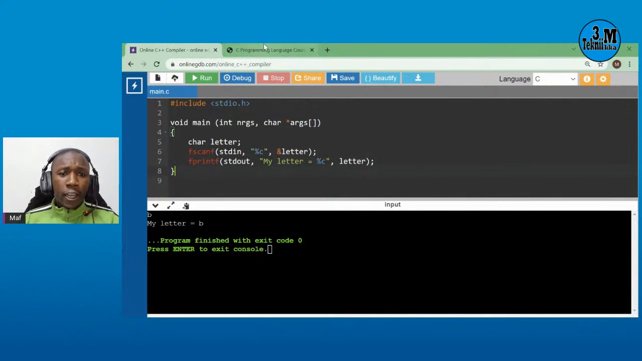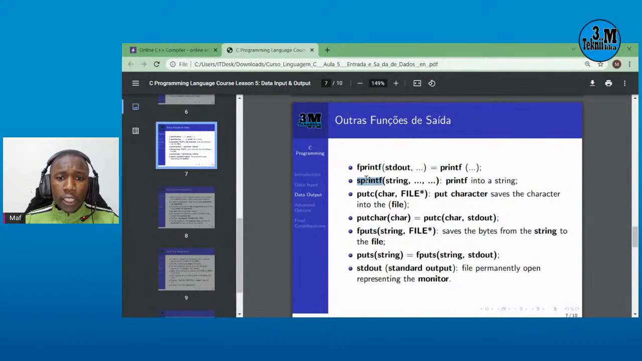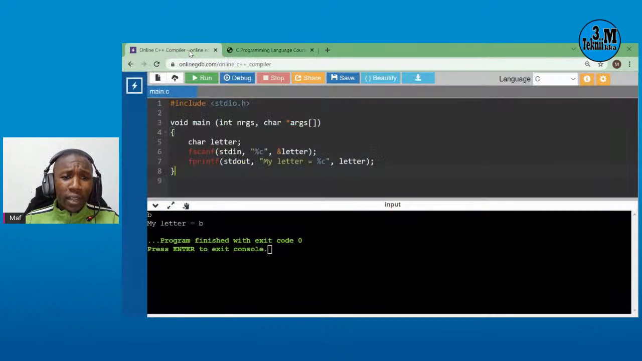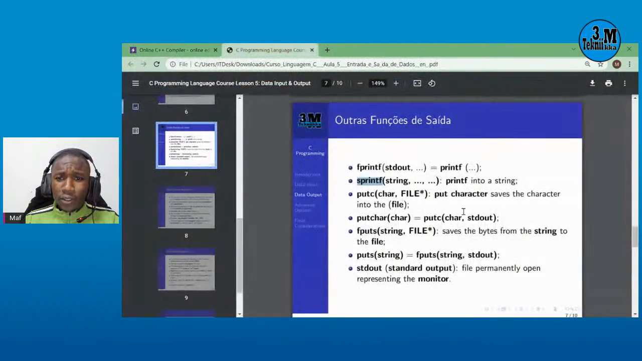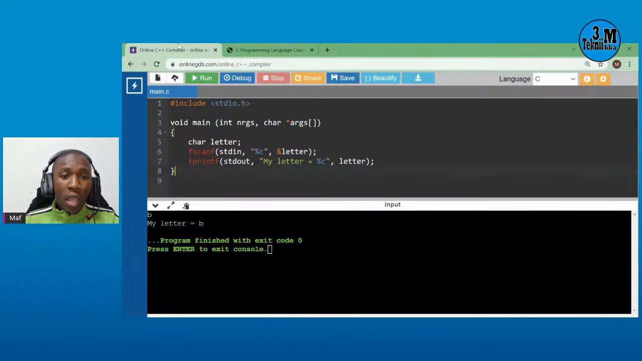So let's use another function, some more: sprintf. Sprintf is to print into a string, but I cannot show you this because I didn't teach you how to declare a string yet. So we're not going to populate a string yet, but we can get something from a string. For example,